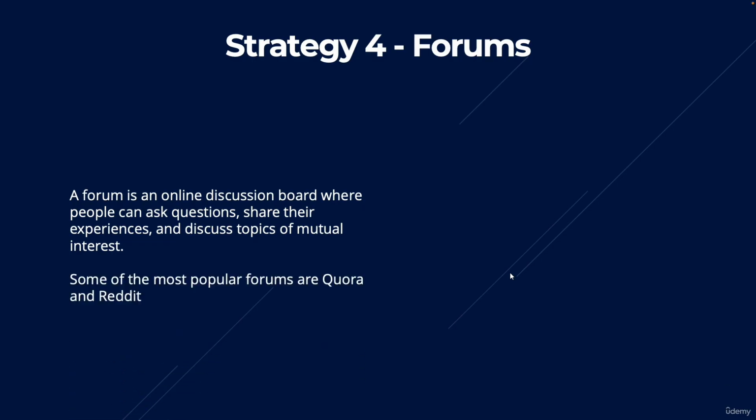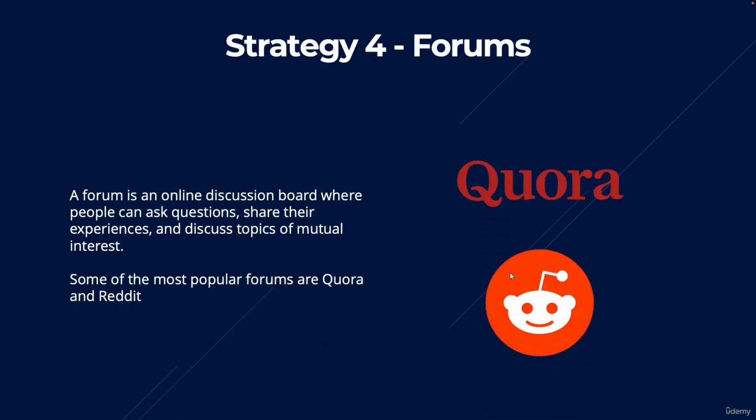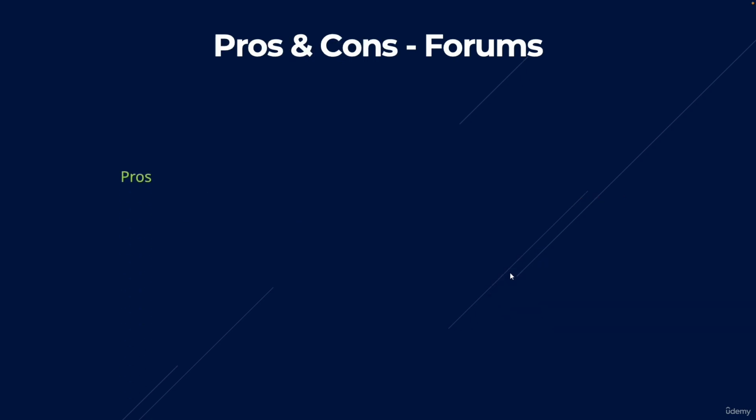Some of the most popular forums out there are Quora and Reddit. You probably would have heard of these two. There are lots and lots more forums out there, especially when you start to niche down in a specific topic. However, like I said, I'll run through all of that later on in the course. So what are the pros and cons of